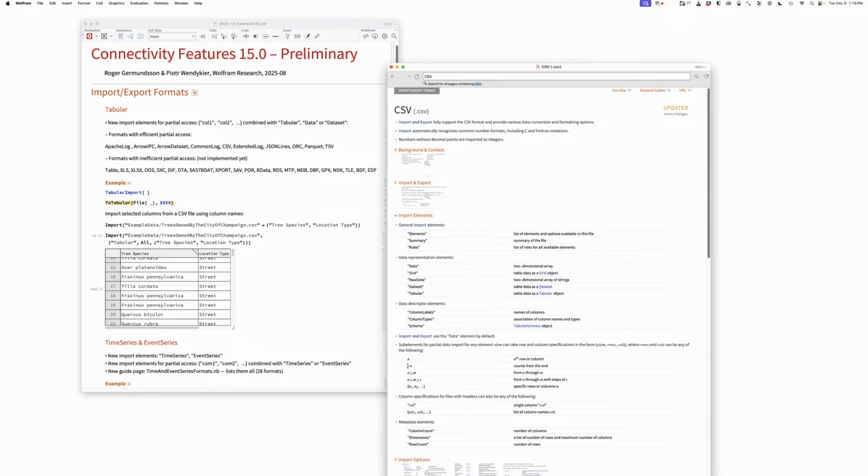Yeah. But it's pretty hokey, and as you say, there are lots of details about importing a CSV that are quite complicated, and I don't think they are well parameterized by the generic Import. What Import is great at is, I drag a file into a notebook and it uses the default import elements and it just works. And I'm thrilled, right? But as soon as we're doing these much more controlled things, I don't think it's So the problem here is if you go to import options in the doc page,